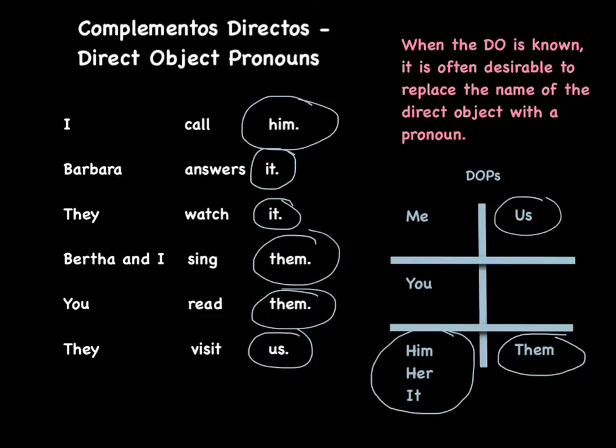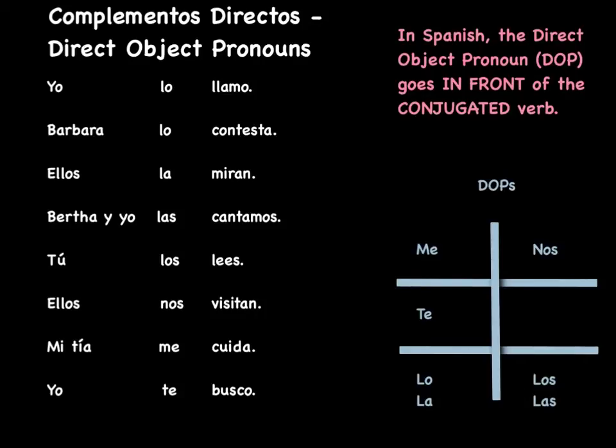Okay, let's take a look at what this would look like in Spanish. Again, our whole idea here is to replace the direct object with a pronoun and kind of shorten things up a little bit. Now, in Spanish, the direct object pronoun, which we're going to call the DOP, goes in front of the conjugated verb. Let's look at our first sentence here. Yo lo llamo. If you remember back to our sentence, it's I call Juan. We can replace Juan with him,